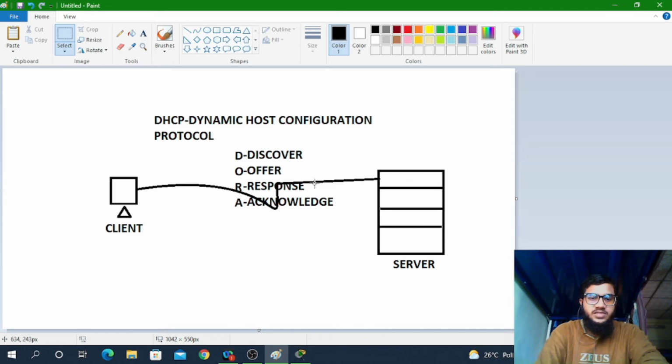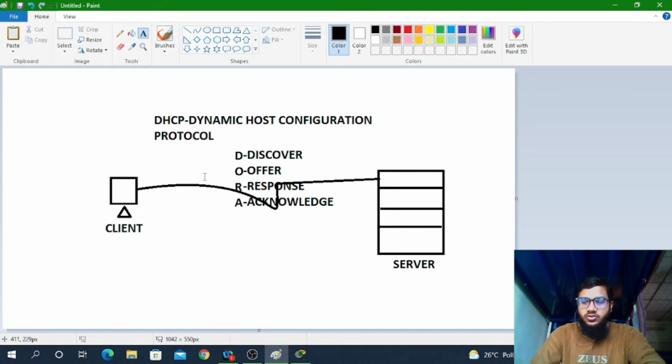Then the client will respond yes, I want that, and the server will send it and acknowledge whether the IP has been given to that particular client or not. This is the process of Dynamic Host Configuration Protocol, which works on the DORA process. There is one port number through which the client and server communicate.